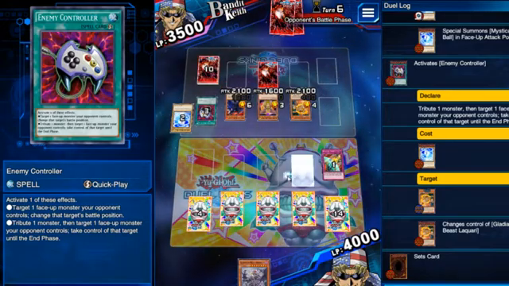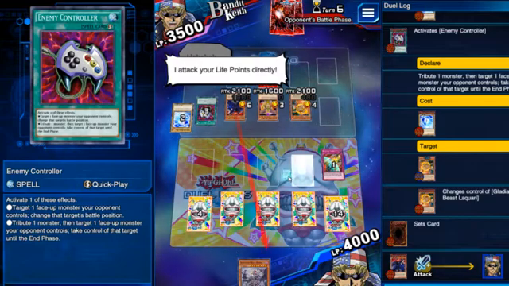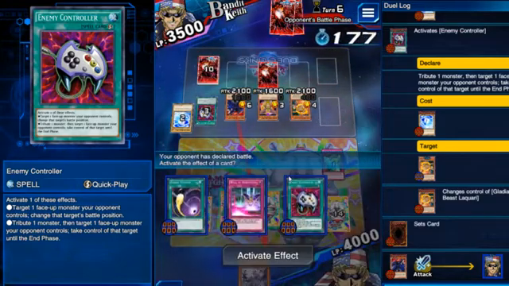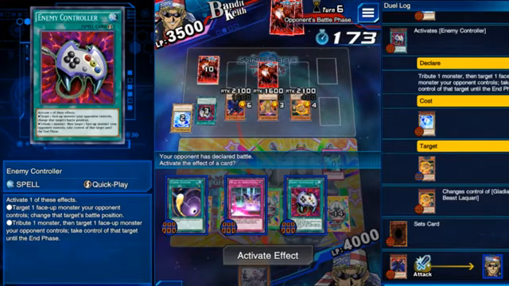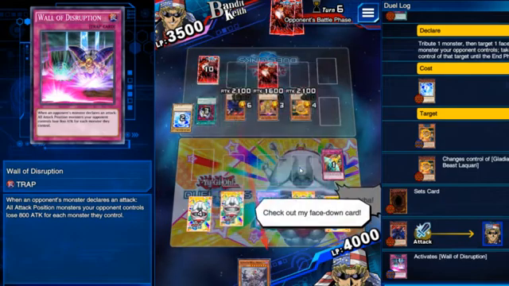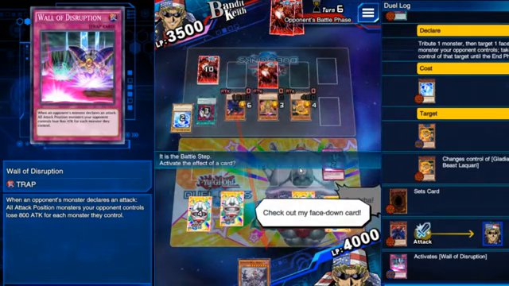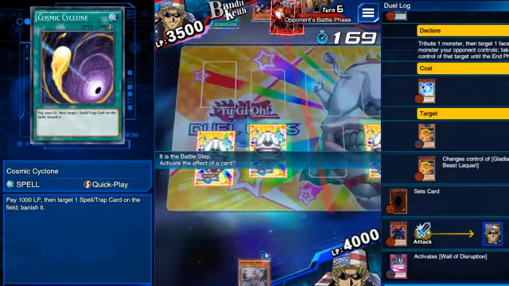Battle time. I attack your life points directly. I got you. So we'll activate the Wall Disruption now. I was thinking to activate my trap, Cyclone, as well. Or the Econ, but